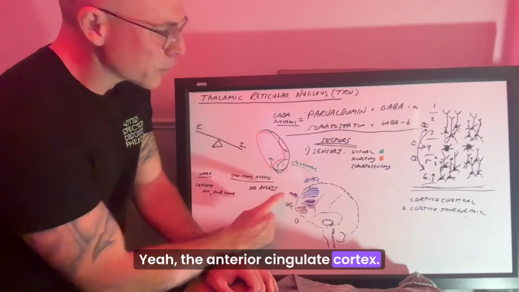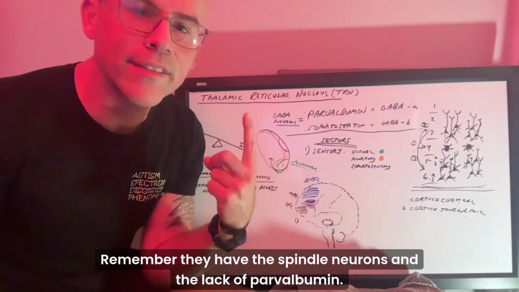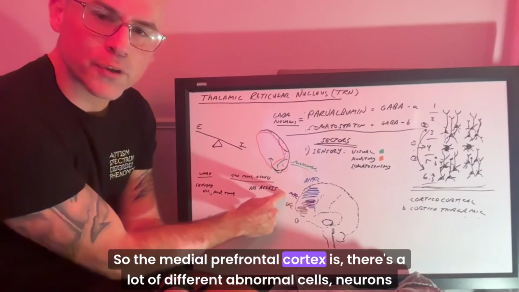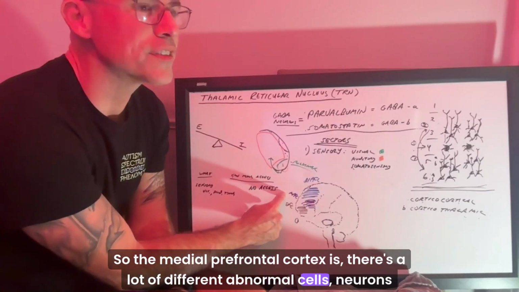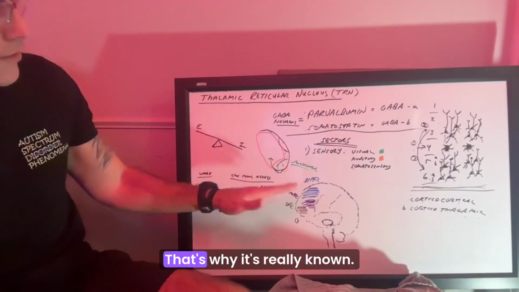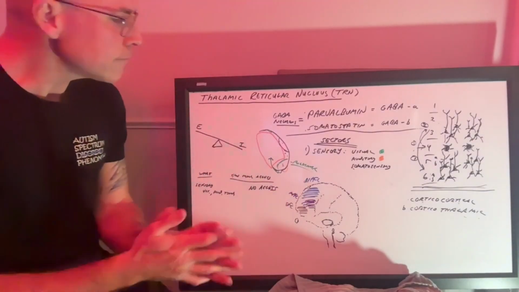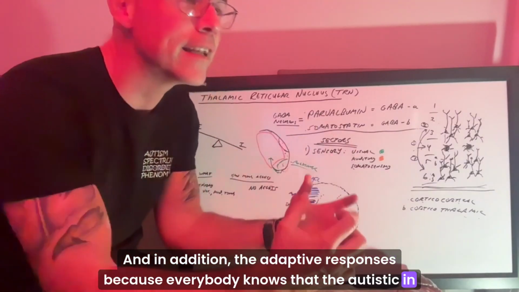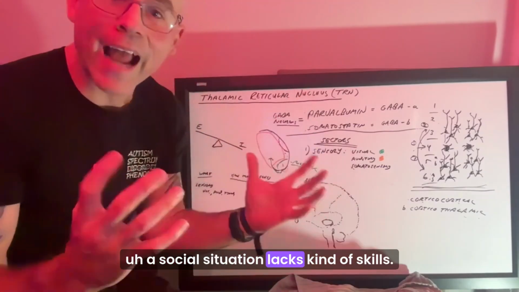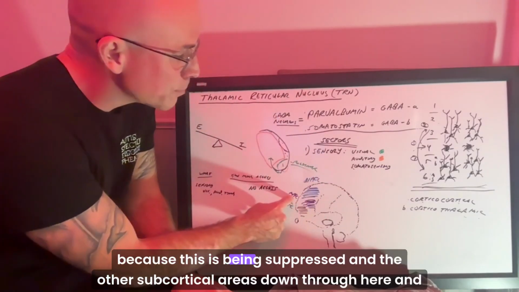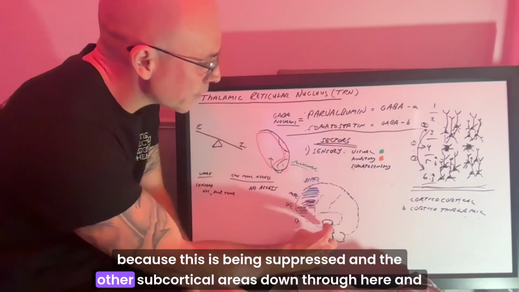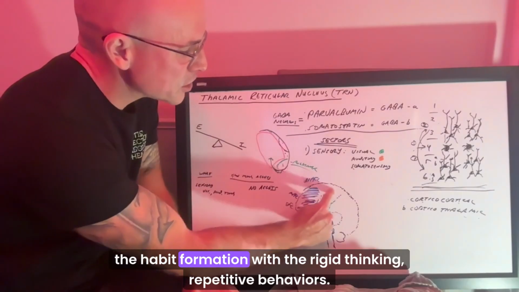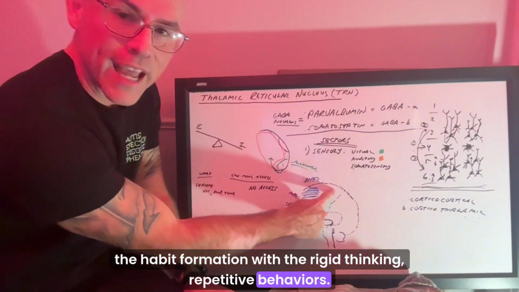The anterior cingulate cortex. Remember, they have the spindle neurons and the lack of Parvalbumin. So in the medial prefrontal cortex there are a lot of different abnormal cells, neurons here. That's why it's really known. And in addition, the adaptive responses, because everybody knows that the autistic in a social situation lacks skills, because this is being suppressed, and these other subcortical areas down through here, and the habit formation with the rigid thinking, the repetitive behaviors